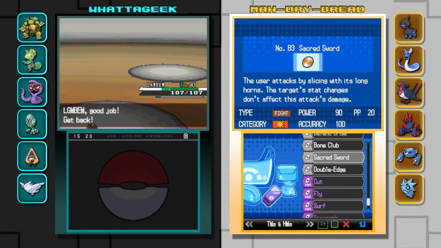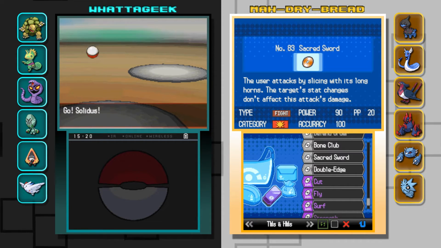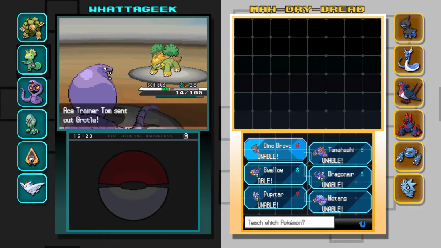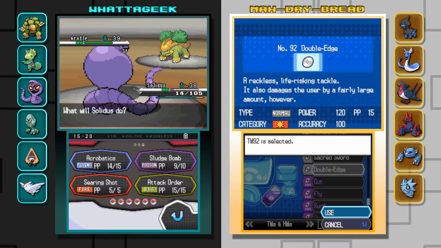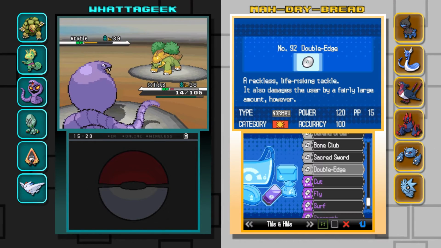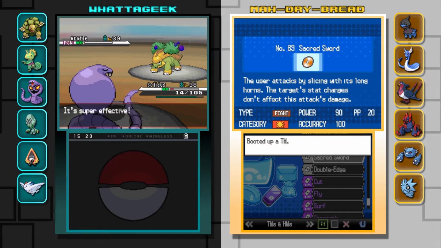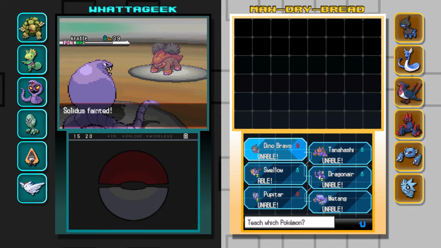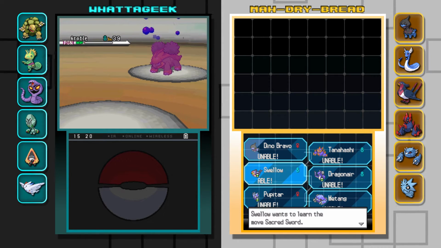Sacred Sword, that's high accuracy, high power. Yeah, that looks like a good one. Let's see if he can learn it. It's a 10% chance? Damn. Having a fighting move is really strong, just in general. So if anyone on your team could have learned Sacred Sword, that would have been... You know what? I'm gonna check that again. Oh, Swellow could learn it. That might not be bad. What could I replace, though?